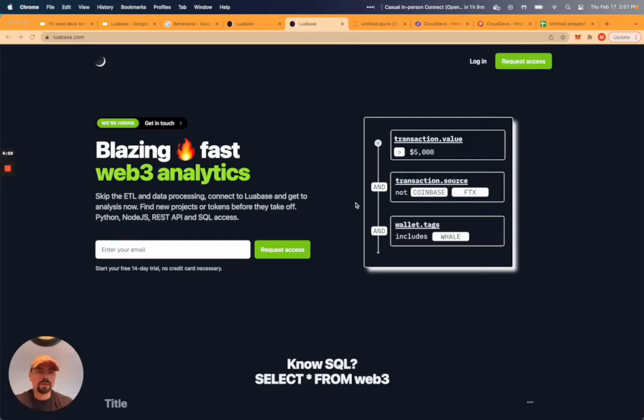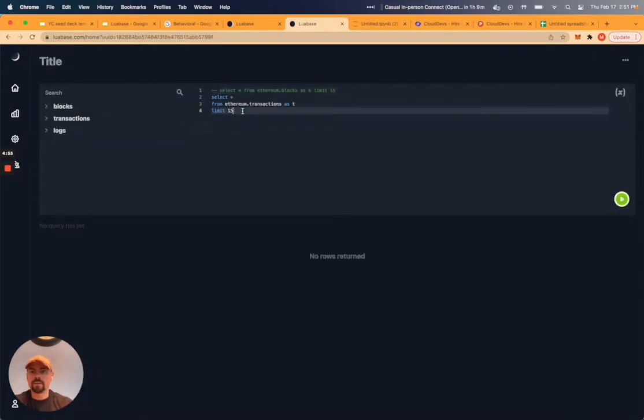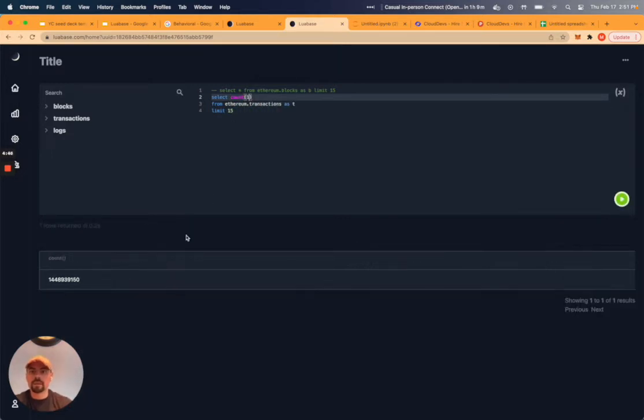Hey, just want to do a quick demo of Luabase. So if I jump into the app, just click login and create a new query. By default, we give you some SQL to start with. But if I wanted to do something like a count instead of selecting all and run that query again,